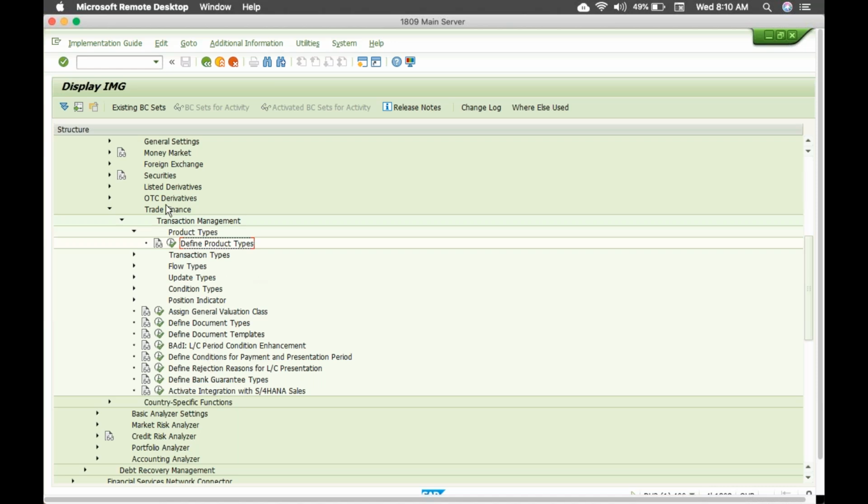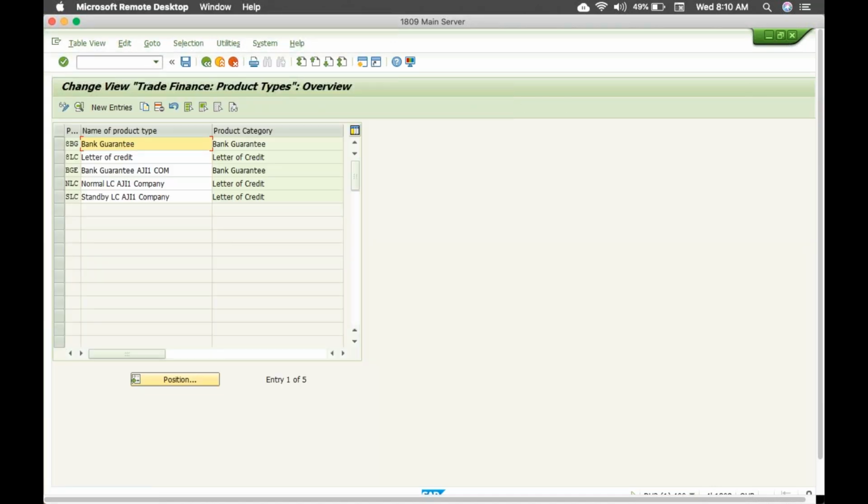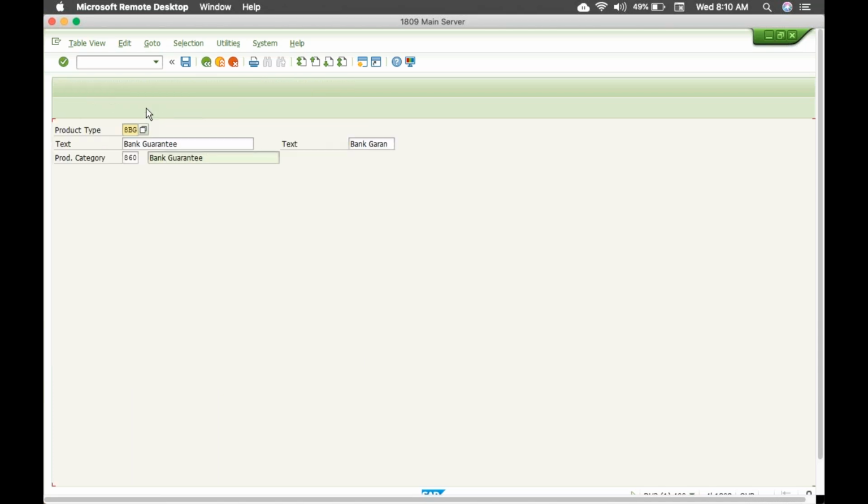So when you come across with the trade finance, under the product types, we have two types of product types. One is bank guarantee and another is letter of credit. Two things are there. So SAP has already given the standard product types for this, 8LC, 8BG. So what you can do is just copy this. Don't create. Go to copy and change the product type as per your requirement. Say for example, this is a bank guarantee. So what I am doing is